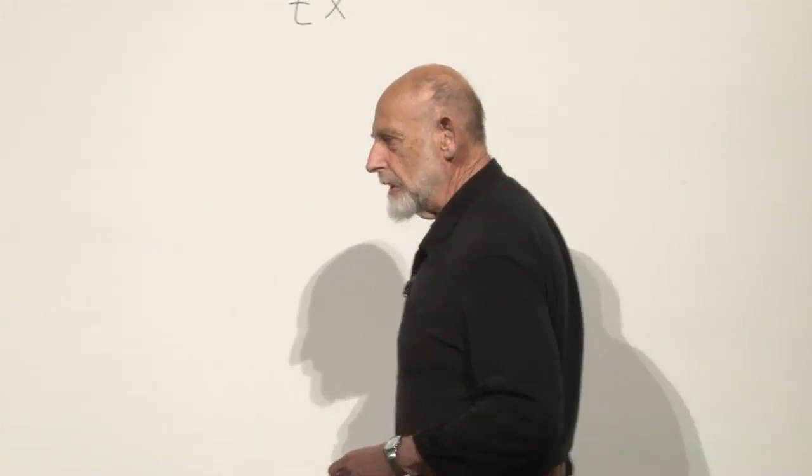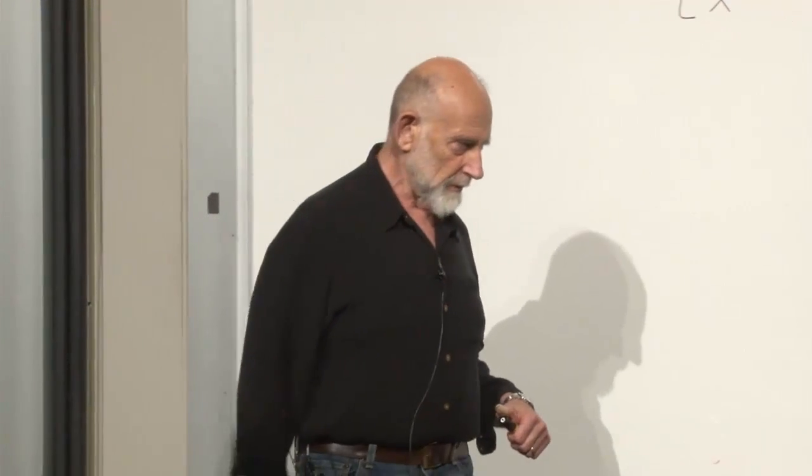The wind velocity is different than the temperature. The wind velocity is a vector field. It has a direction as well as a magnitude. The temperature is a scalar field. Scalar is a word for a thing which has a magnitude, doesn't have a direction. It has one component, whereas a vector field, an ordinary vector, has three components. In relativity, vectors have four components, but we'll come to that.